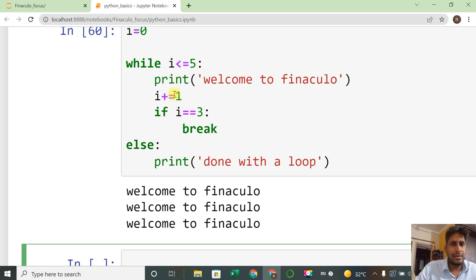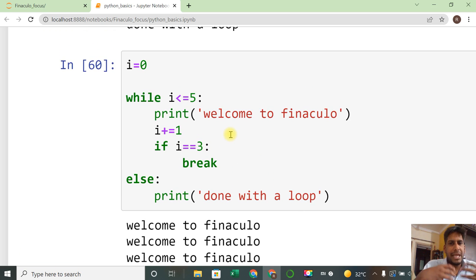Again it printed the second time, then i was increased, so i becomes 2. 2 is not equal to 3, again it printed the third time, i is increased to 3. If 3 is equal to 3, yes, that is true, then it will break the loop. Like this we can break the loop in between by using some if condition.